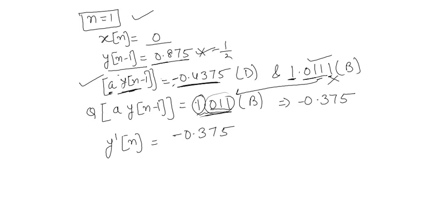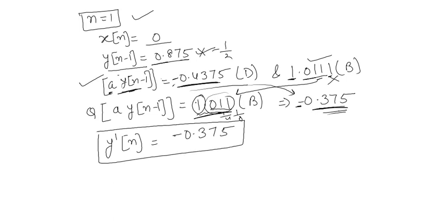Since this is binary, your decimal will change if you compare this with the earlier one, because now we have truncated it. This one is denoting your sign bit, that is minus, and this is 0.011, which is 0.375 in decimal. This is very easy to calculate: 1 by 4 plus 1 by 8. You add it and you get this number. So your quantized output is this. Please note that even if the input is 0, the output is non-zero.